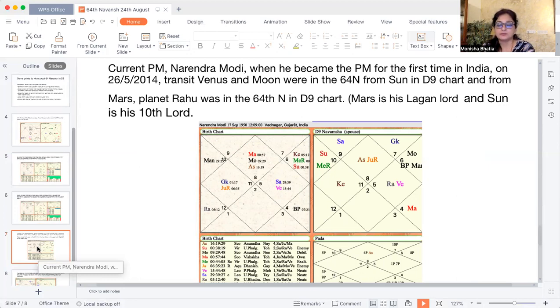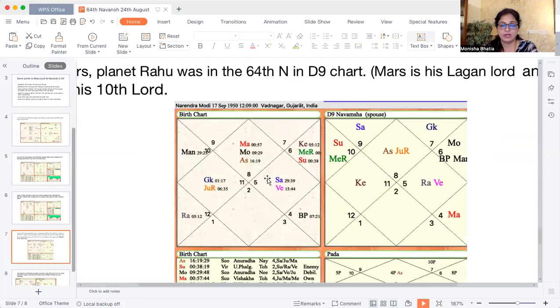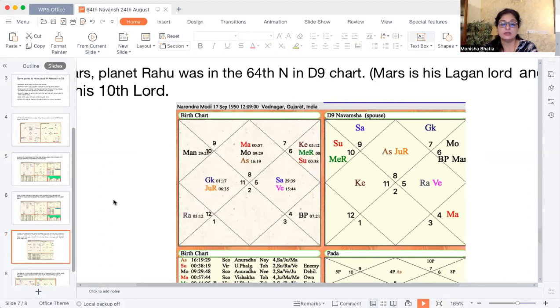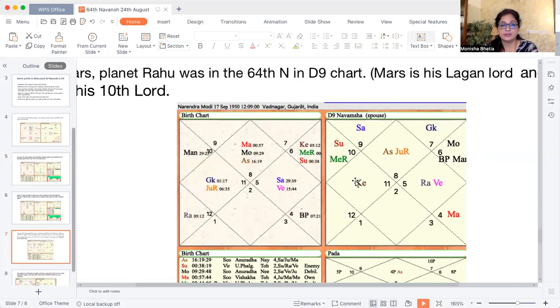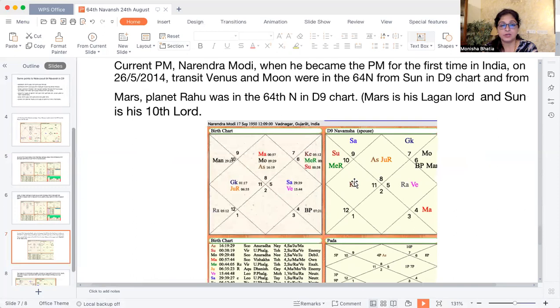During that time, if you look at his ascendant chart, which is this one, I will enlarge this. So his ascendant is of Scorpio, and Mars is the ascendant lord here, and Sun is the 10th lord. So friends, I checked his transit, and during this time, Venus and Moon were in the 64th Navamsha to his